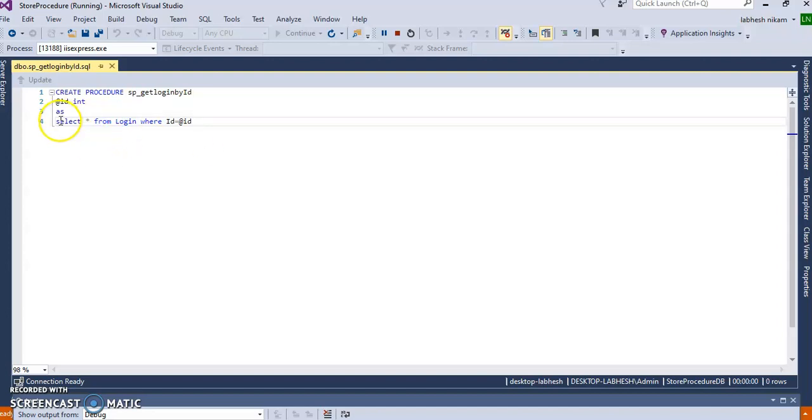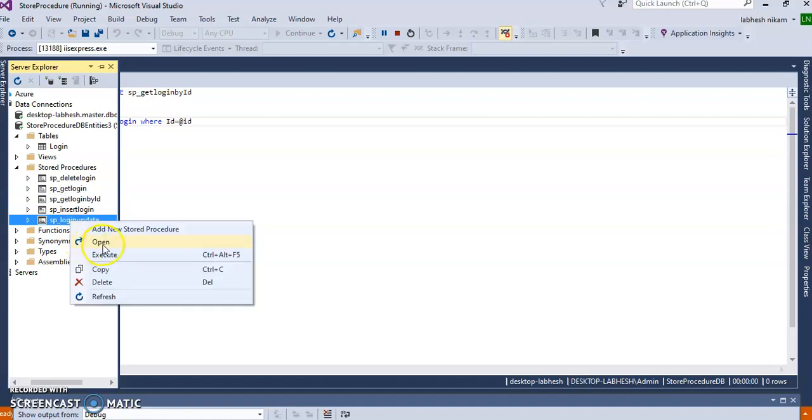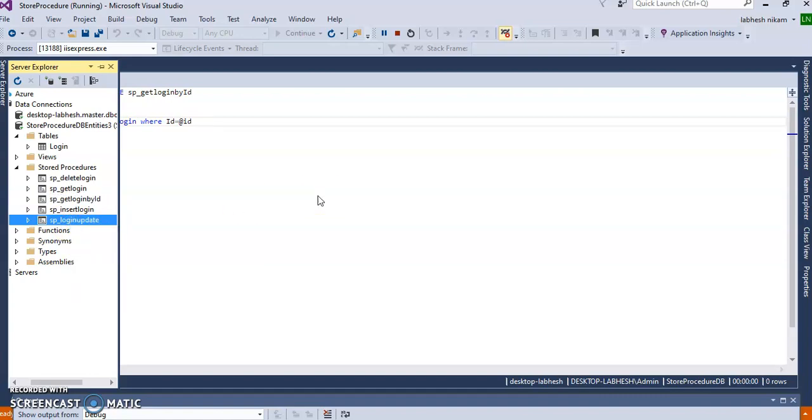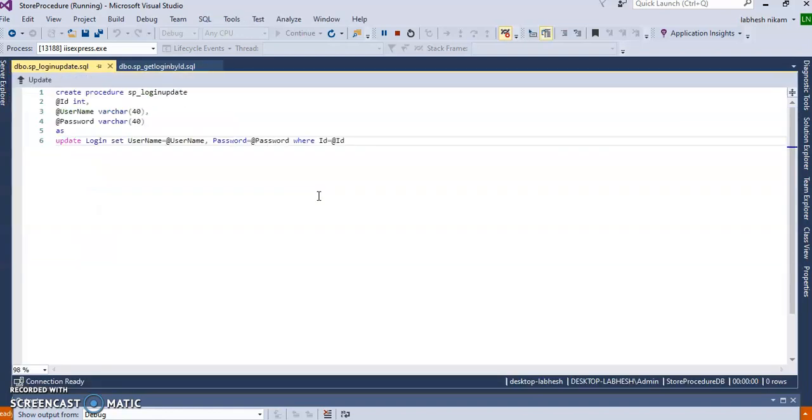And second, we need to update the data. For that we need another query and another stored procedure. I have created this sp login update. I need both queries, because whenever you want to update the data, you will fetch the row, then you will update the data, and when you update the data you will post the data to the server.